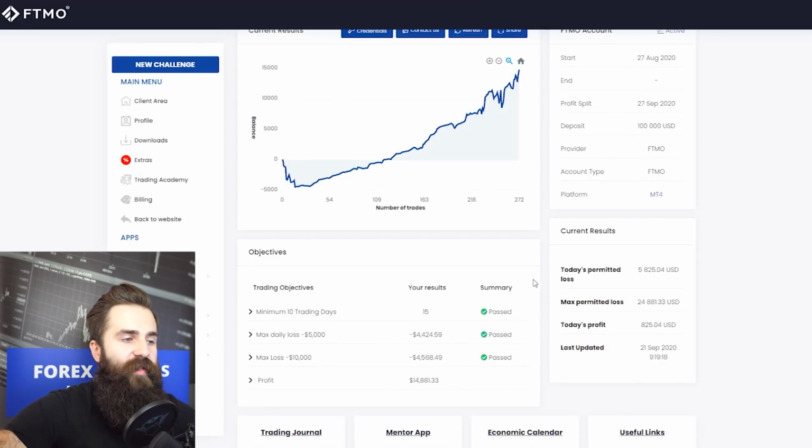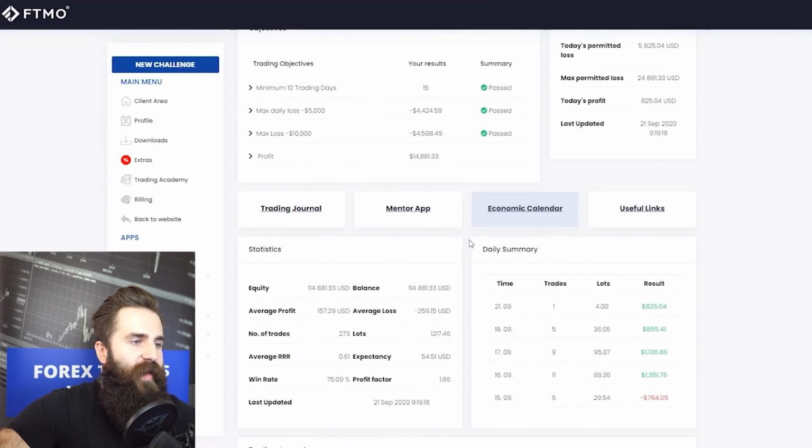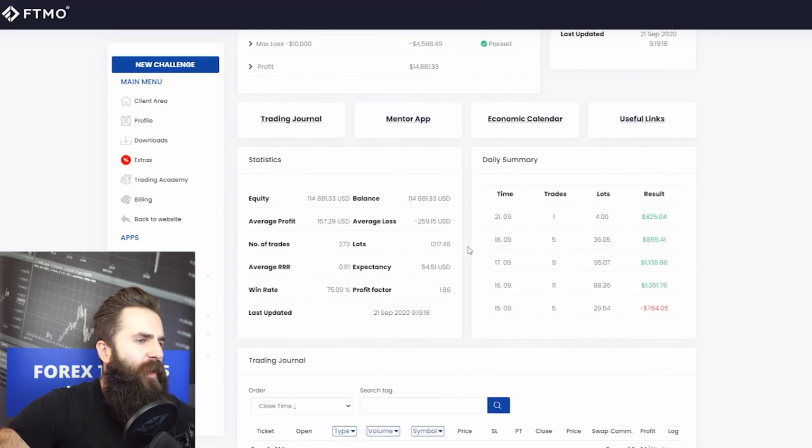Now, as I already mentioned, this trader was quite close to breaching the max daily loss. The max daily loss and the max loss are actually at quite similar level as far as I can see. Now, if we look at the statistics, this trader executed 273 trades. So that's quite a lot and a really reasonable sample from which we can evaluate the rest of the